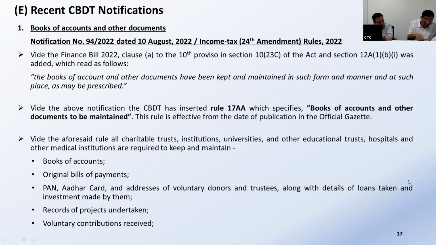Another thing, voluntary contributions. They are asking for details of name and address, so the voluntary contribution record is to be maintained with name and address. Then it is written PAN or Aadhaar if available. So it is not mandatory to have a PAN or Aadhaar number so far as voluntary contribution which is not corpus is concerned. For corpus, they will ask for PAN. That is the difference I wanted to bring out.